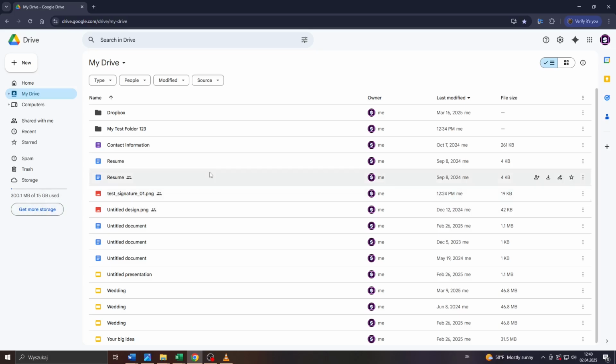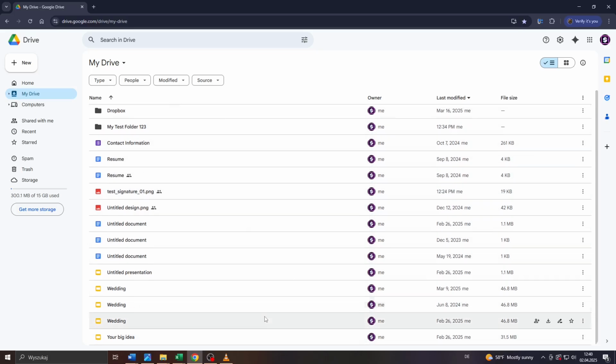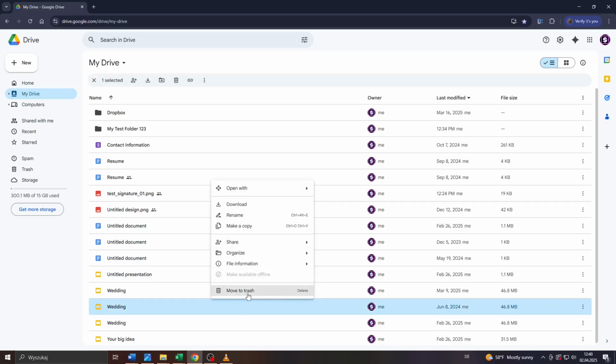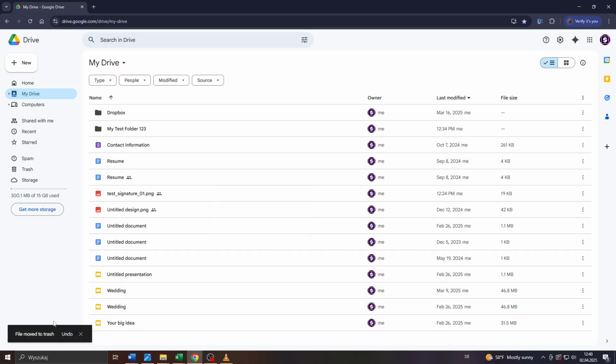To do that, go through the list of folders and files here in your location, and here to the right you will see the file size. So for the sake of this tutorial, let me delete that file here with a file size of approximately 47 MB. To do that, simply right click on the given file, and after that select move to trash or use the delete button on your keyboard, just like that, and that is going to move the file to